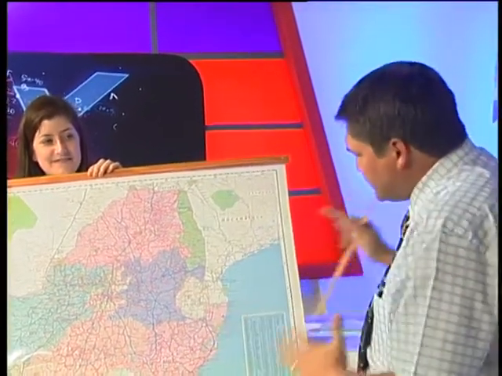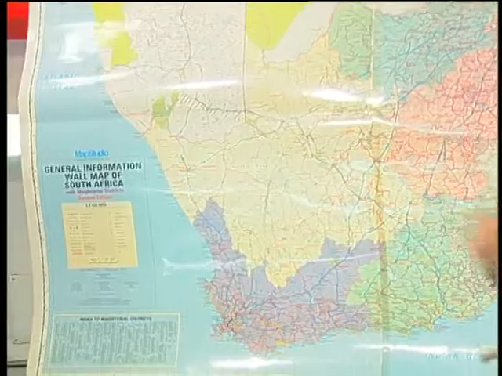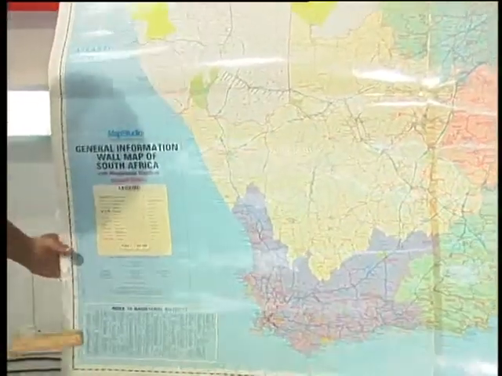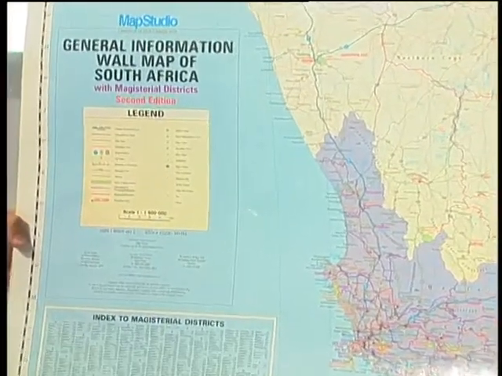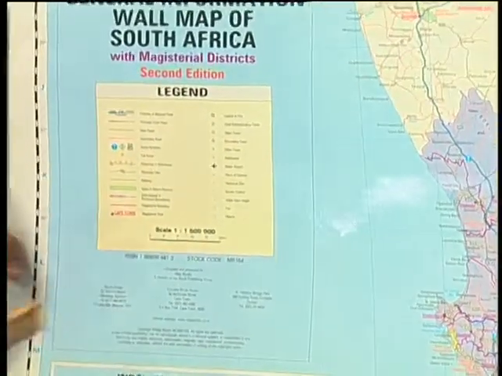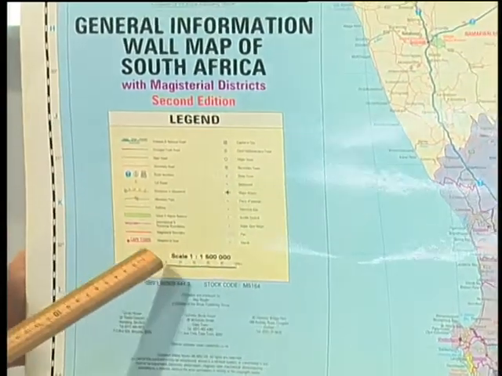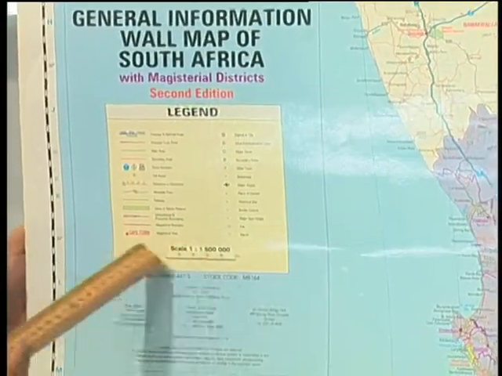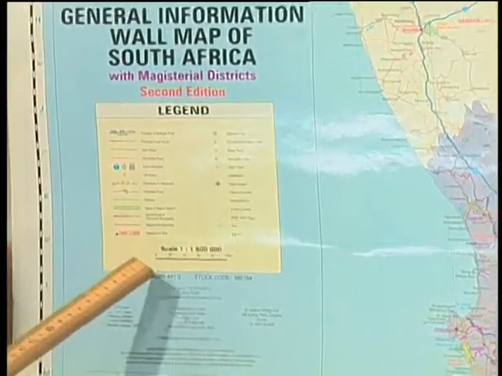So I'm looking at this map, and right in the corner, I see a scale. So we're going to walk that side and look at our scale. Here's our scale right at the bottom here. Can we see that? We've got a good shot of that. Now, there's 2 parts to the scale. The first part is our word scale, or our number scale, which says scale is 1 is to